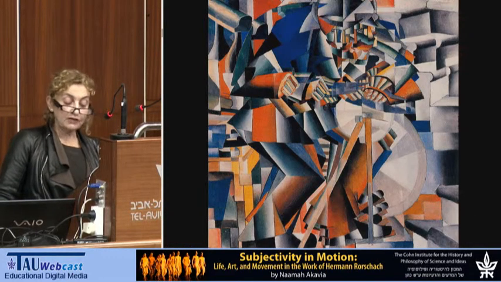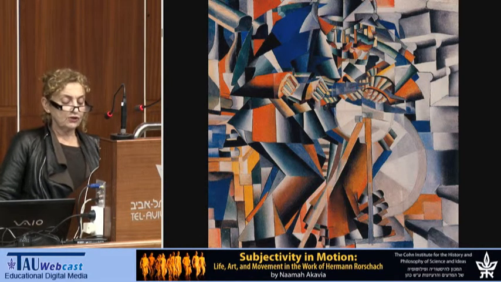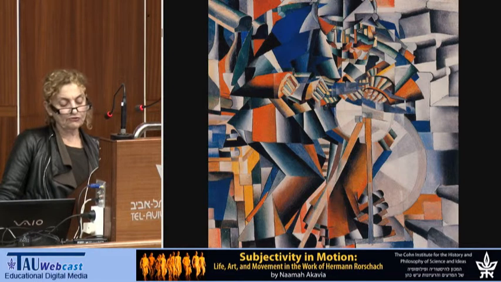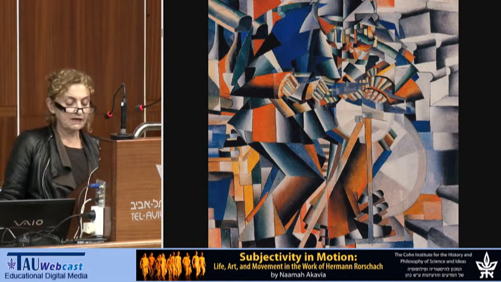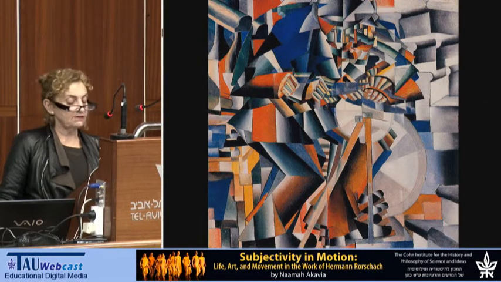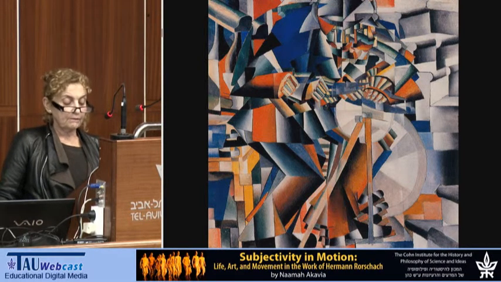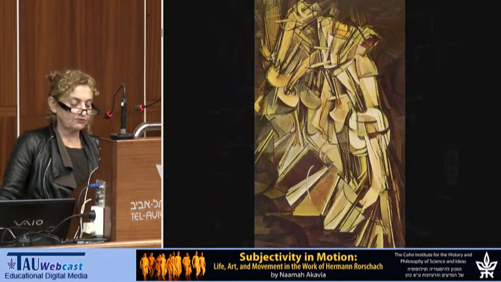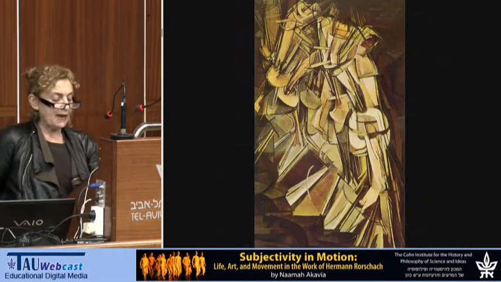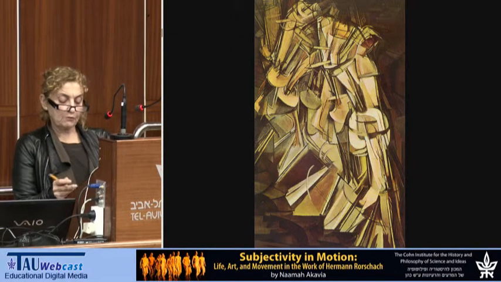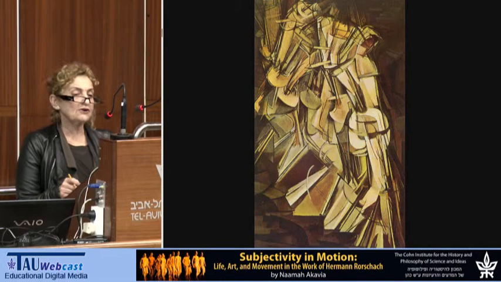If experimentation drew the futurists towards the threshold of the impossible, and with them those Russian artists, this is Malevich obviously, to whom Rorschach dedicated his extensive treatise, contemporaneously the theme of a succession of movements in space captivated Marcel Duchamp,